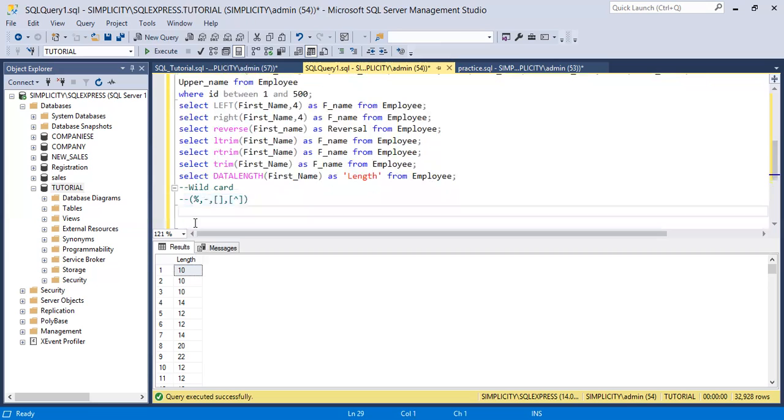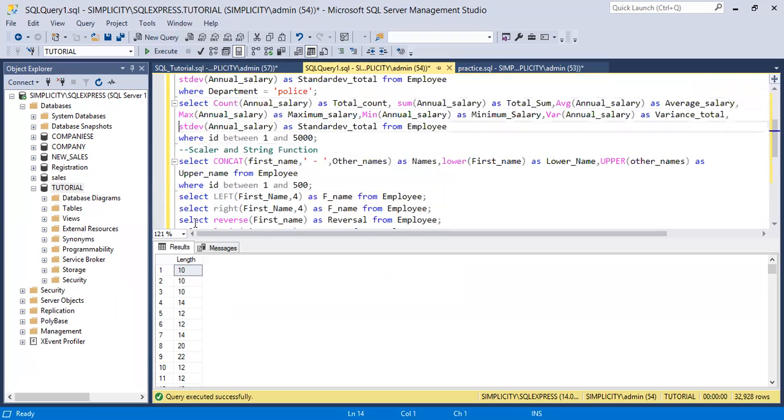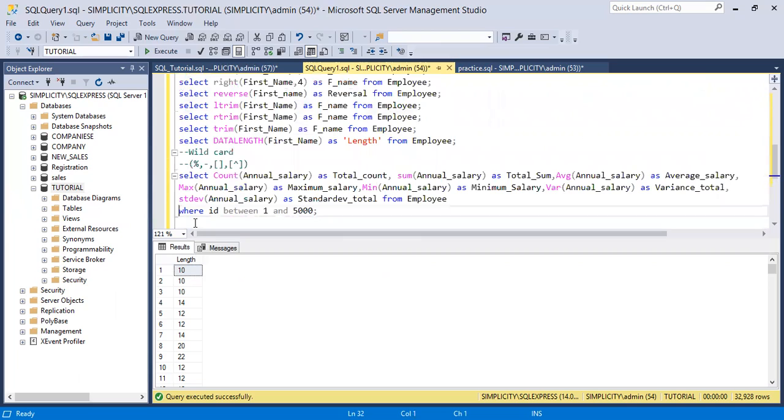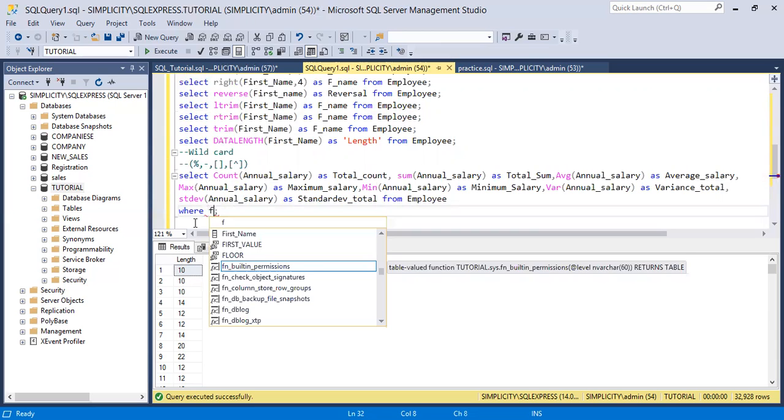So how do we use this wildcard? We can use this wildcard here. I want to copy this again. Let's see. Now, here I have where ID is between 1 and 5,000. So I can just say where first name